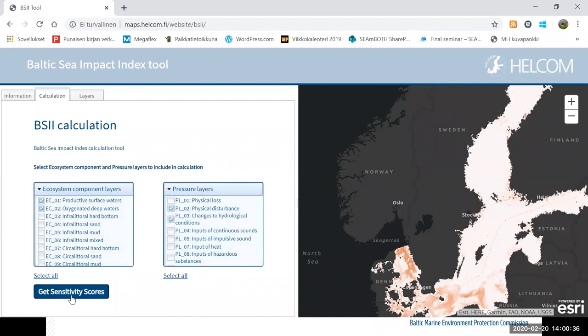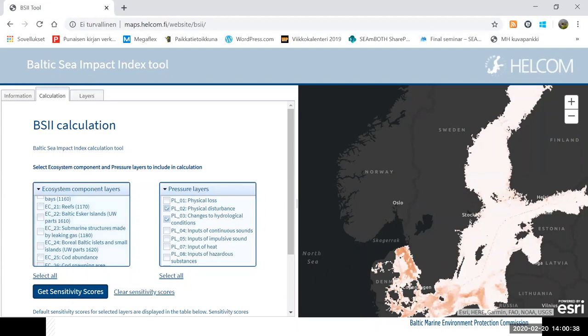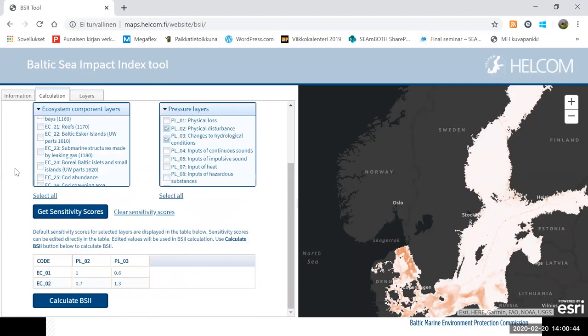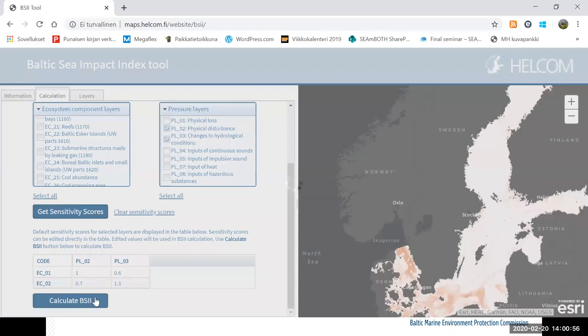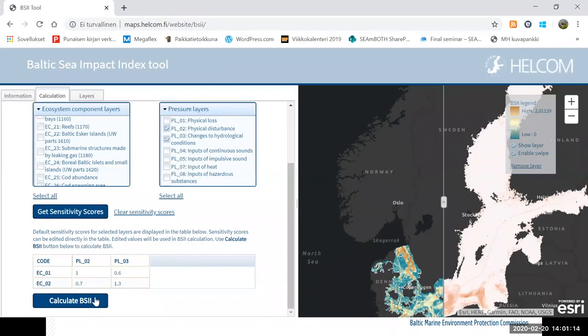And then when you press to get the sensitivity score, it automatically pops up there. Okay, if you scroll down, it comes here. And you can also edit them on this page. And then you just press calculate. This should be rather fast. So the results pop up there, and if you have any open layers from the layers section, you can use